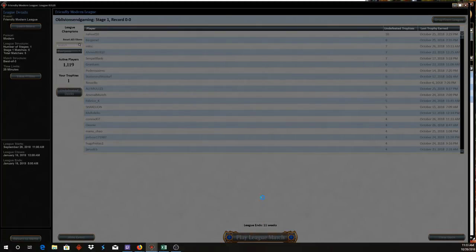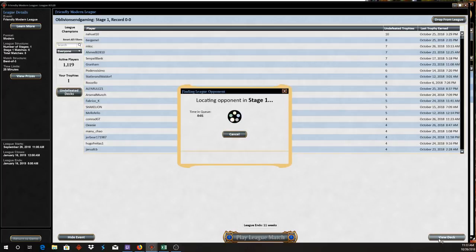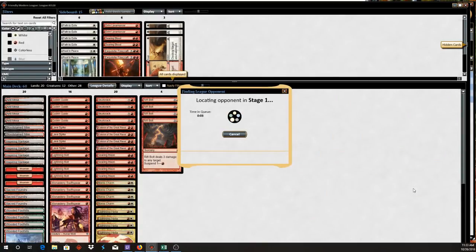Alright, so this is our 100 treasure chest challenge with Boros Burn in Modern. Right now we're sitting on 32 treasure chests of 100. We're trying to do it in the month of October, but it looks like we're going to have to spread it over into November. I just wasn't able to solely concentrate on this enough to,